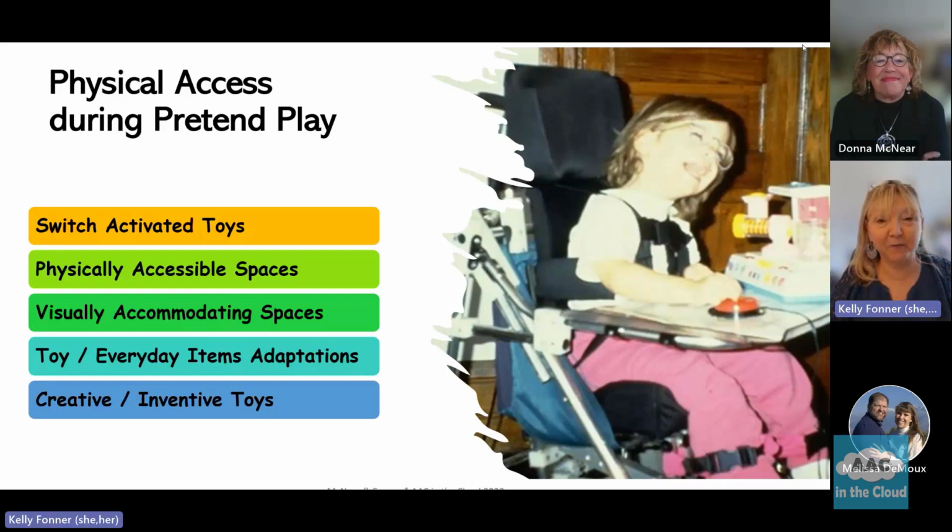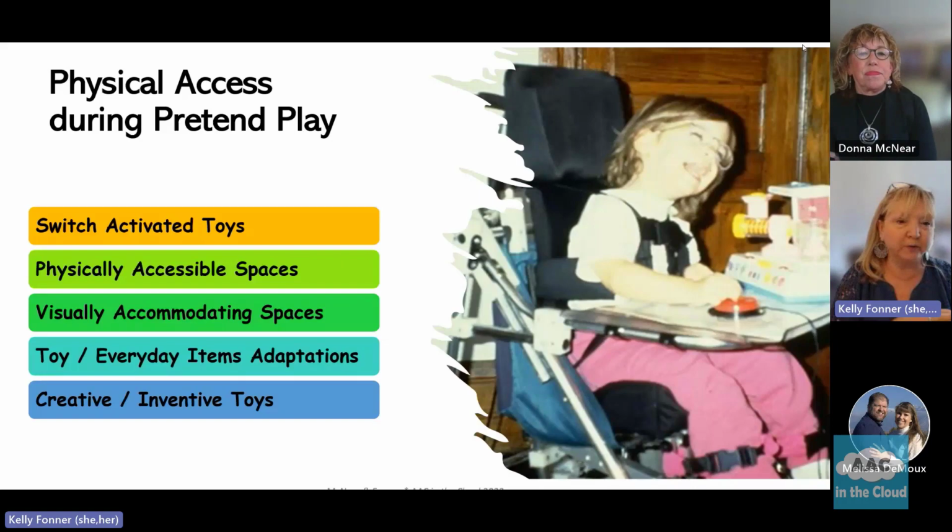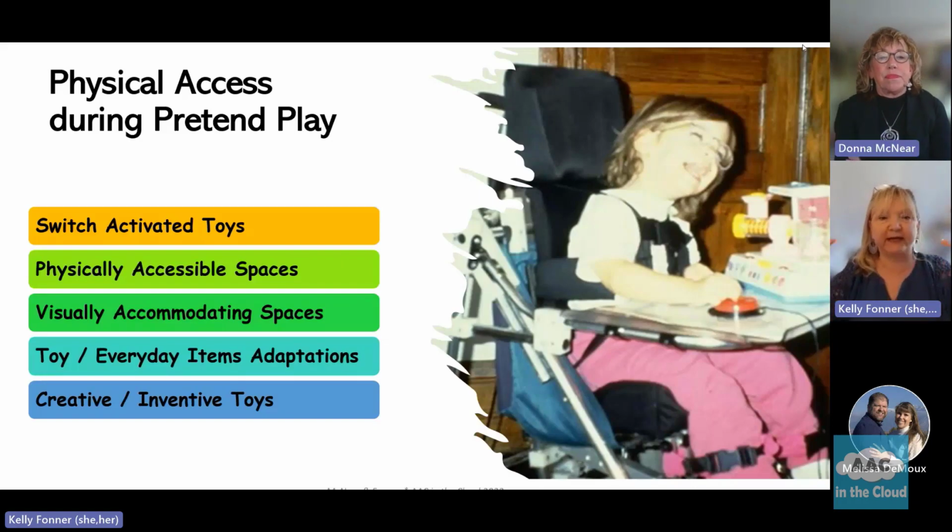So if you've taken a moment or two to discuss off of the previous slide what you might do in those scenarios, we also want to add some examples of physical access during pretend play. So what to do with things like switch activated toys, making sure that you have physical access to and visual access to spaces. So for example, in this picture is a little preschooler using a switch to activate part of